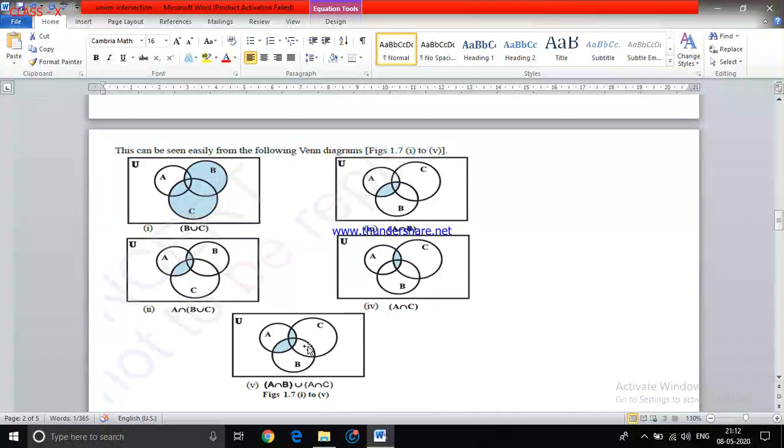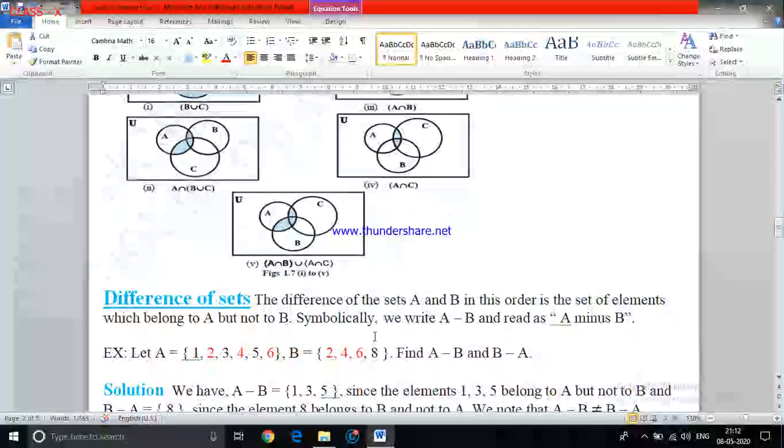We have to understand first what the union diagram looks like, then what the intersection diagram looks like, then how to solve it. So you have to draw these diagrams in the exam or in the notebook also. If they ask in the exam, then you have to do it this way. There is one more way to prove it, which we'll explain in the next video maybe.